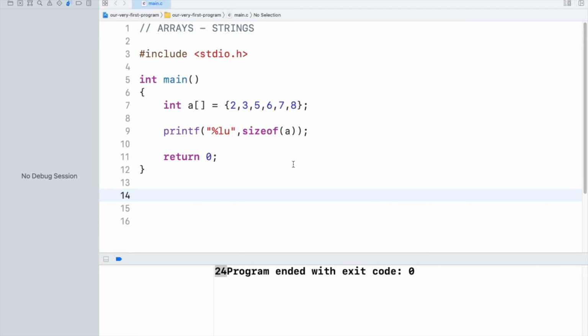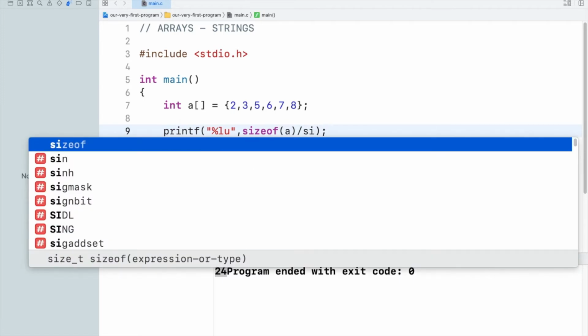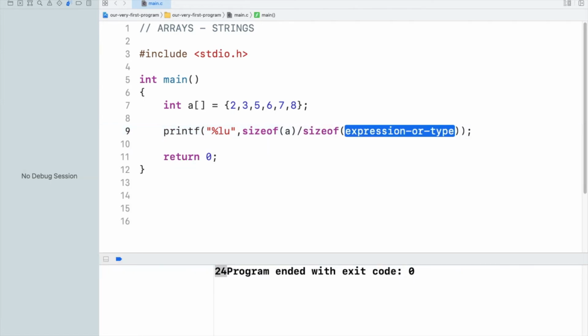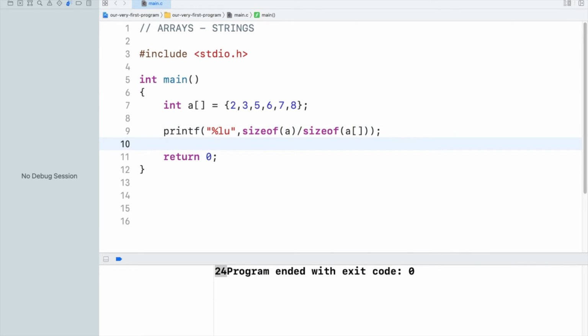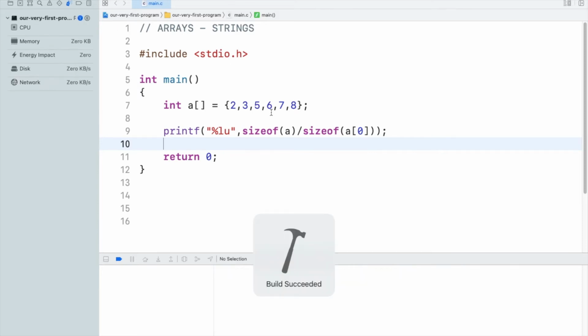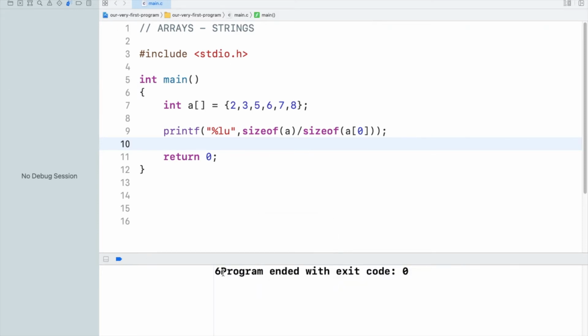And that is how you calculate the size of an array, whether it is float, double, or character. If you want to know how many elements an array has, you can use this formula: you just need to divide the total size by the size of each element. In this case we know each element is an integer, but if you don't know, you can use the size of any element or block of the array, since that would be the same size. Here we should expect the result to be 6. Yes, we are getting a result of 6.